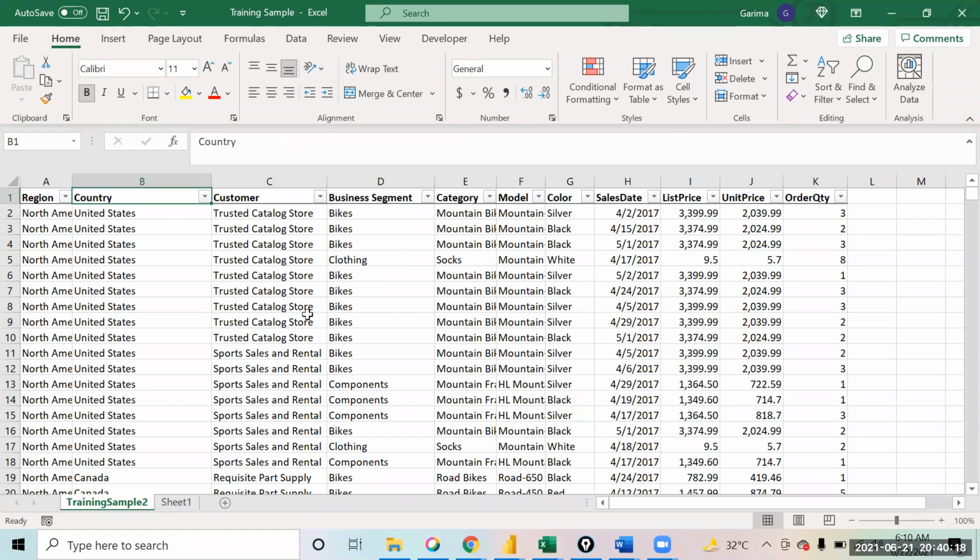So you have the regions, countries, customer name, business segment, and what item and category was sold on what particular date, what was the list price, unit price, and order quantity. Right? These are the fields that I have. So I would like to use this data set to do certain calculations and come up with some understanding of the DAX that we have. There are a lot of DAX functions that we will explore on this. So let's get started. Probably what we'll do now is we will open up Power BI.